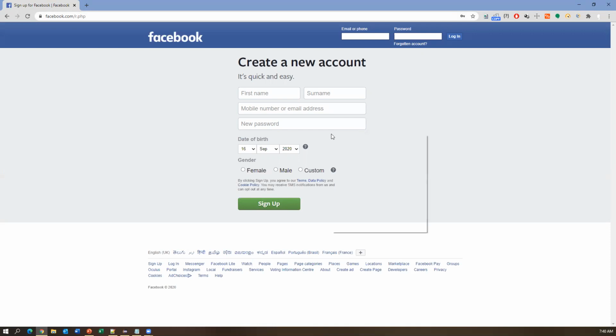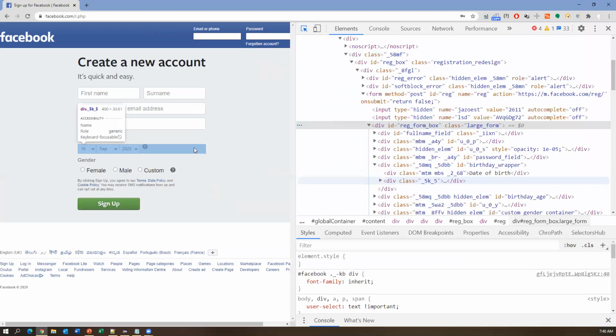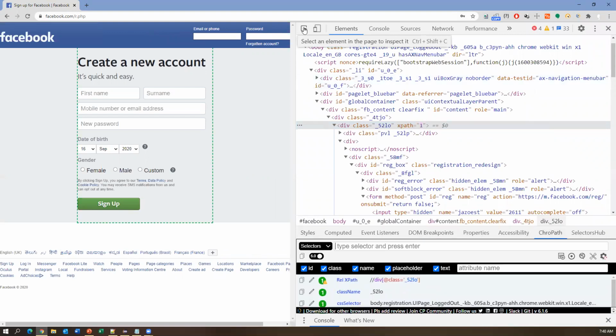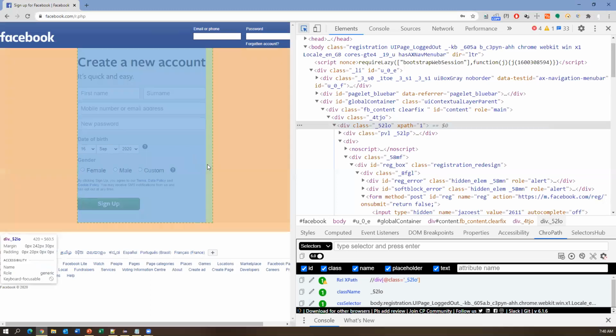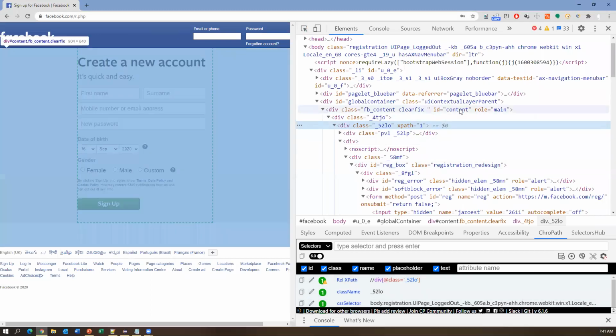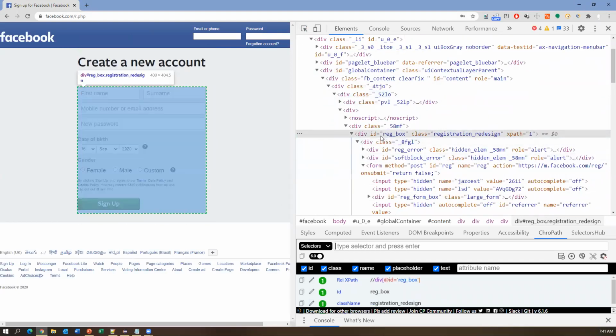Okay. So let us try to inspect this element first. Okay. So I'm just locating this form and clicking on this and going to XPath. Now we can see some form here. So let me just inspect the form properly. Okay, so this is basically a registration form. You can find some locator here. And this is reg box. Now you can see here, there is one node appearing here. Inside this, all the web elements are available.